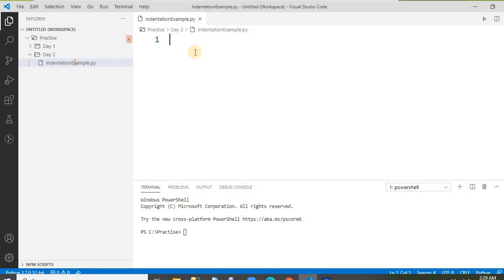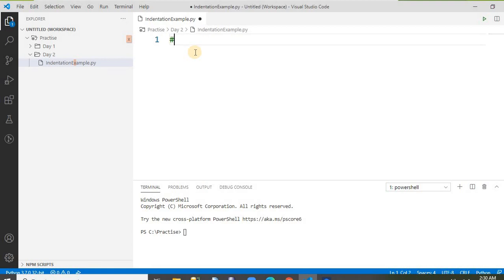So after a certain condition or operation, if you want to execute a certain code block, you have to indent that code in a proper way. While writing the Python code, if you have not indented the code properly, you will get an indentation error many times.